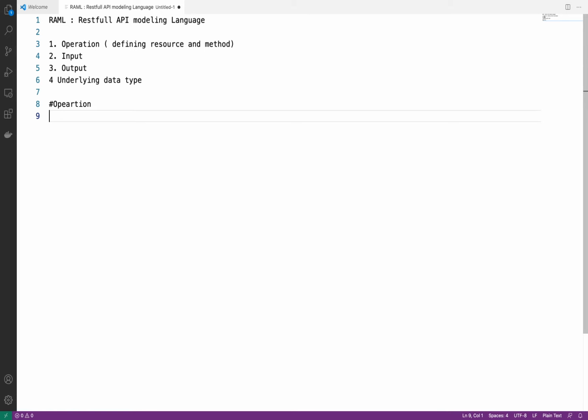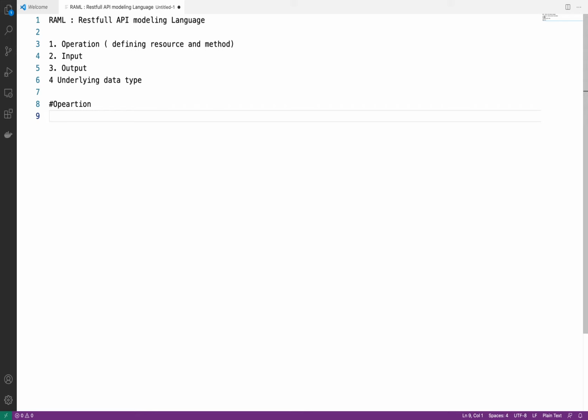So in operation, what all things we need to consider? For example, I want to create a Mule application or REST API which will insert customer detail in customer database. Record customer data means it's going to insert customer information in database or some other storage location.